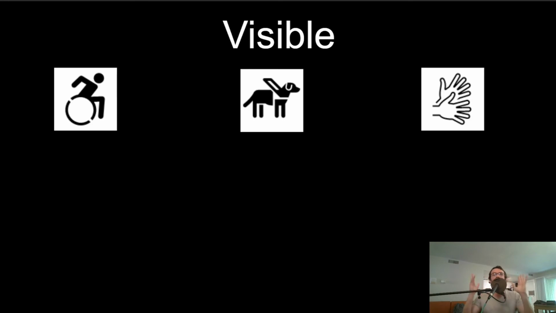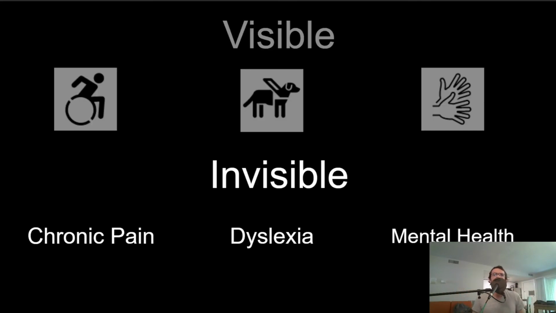These are all visual cues to society at large that that person has a disability, or they are presenting in a way that tells society they have a disability. And then the next, often underspoken about and underrepresented forms of disability, are what we call invisible disabilities, because they don't really have these strong visual presentations in society. So these could be things like chronic pain, dyslexia and other learning disorders, and mental health conditions. And like I mentioned, these are harder to depict in society, and therefore are often under-advocated for and under-designed for,